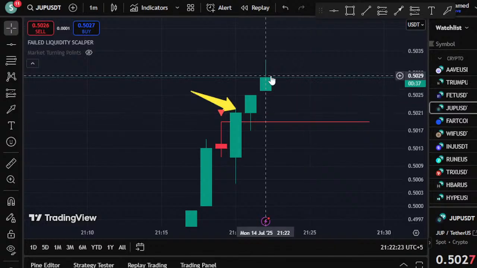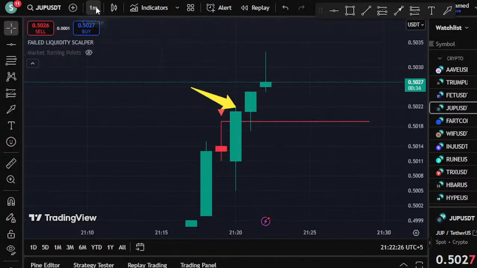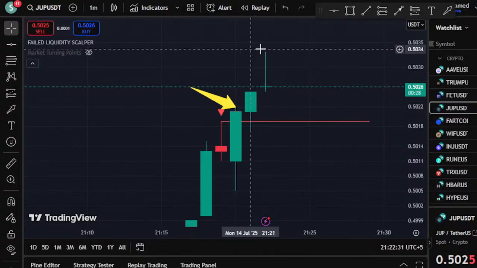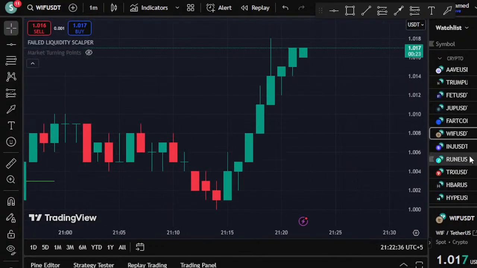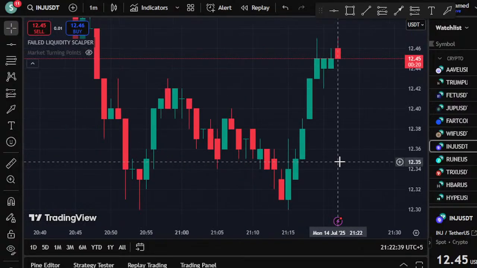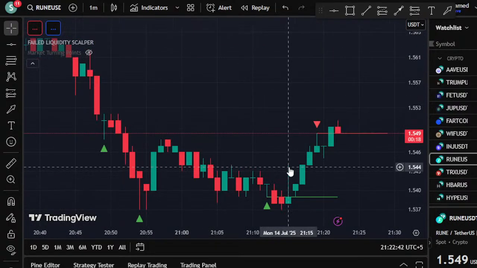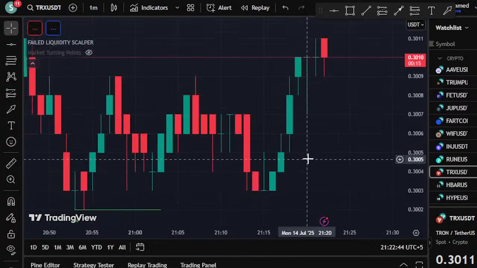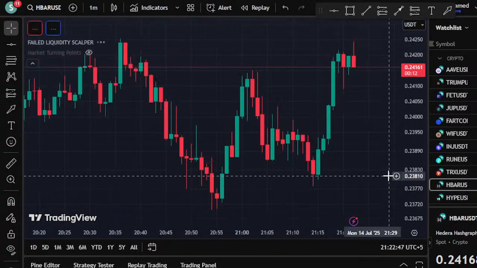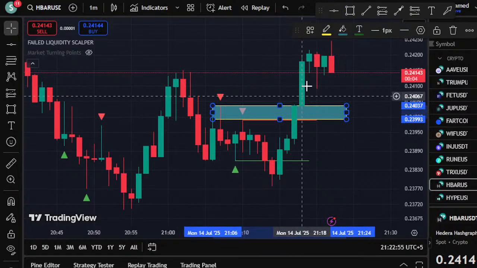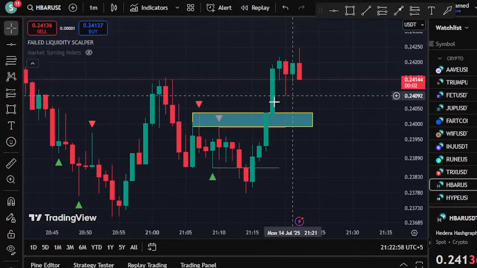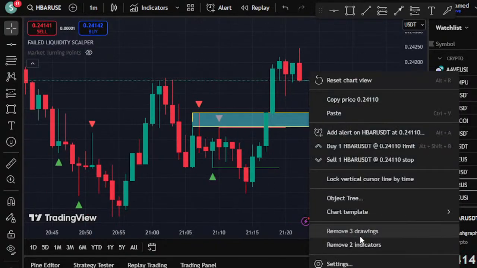Look and see, just imagine that this is the 1 minute, but imagine this is the 15 minute, this is the 5 minute. You got two candles like this, the price went up high up to here, so you got very good profit. No problem, no worries, no putting yourself in trouble. Yes, I don't give guarantees to anyone. This is the trading market, but overall, I can assure that no one has such a type of indicator. You can see this is HBAR USDT. You can see the price closed above. See the magic. The price simply went up. Okay, so this is how we trade with this indicator.